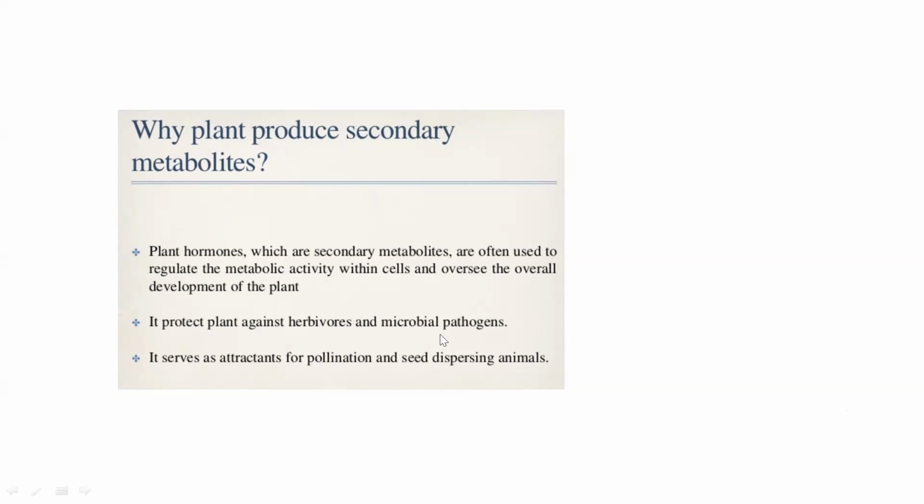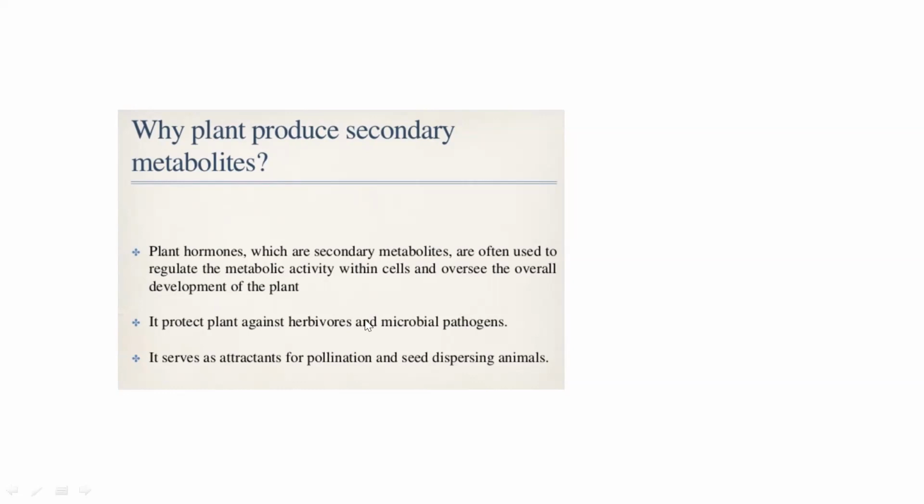Not only that, it might protect the plants against herbivores. Like adathoda, it's not eaten by the goat. Adathoda and solvolia, adathoda ilai. So there is some kind of chemical which is not allowing the herbivore to eat it. So that becomes a protection for the plant. That is a secondary metabolite. It may not help the plant to grow, but it protects the plant against being eaten by a herbivore.